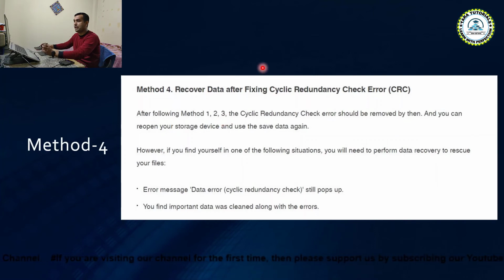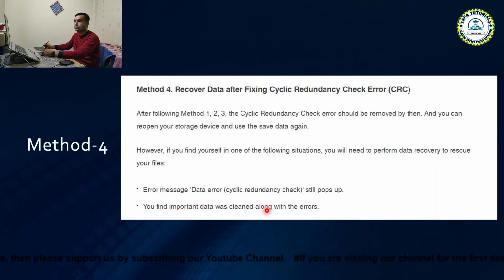Now there may also be a chance that you are not lucky and the error message still pops up, or you find the important data was cleaned along with the errors.